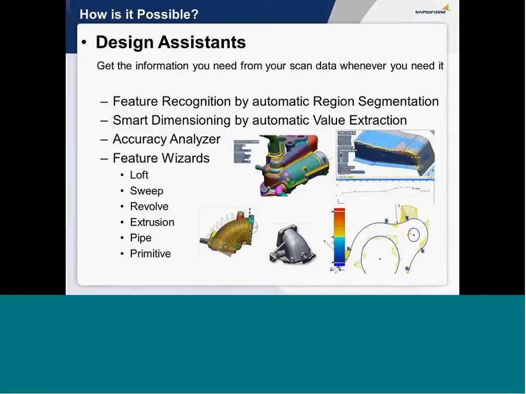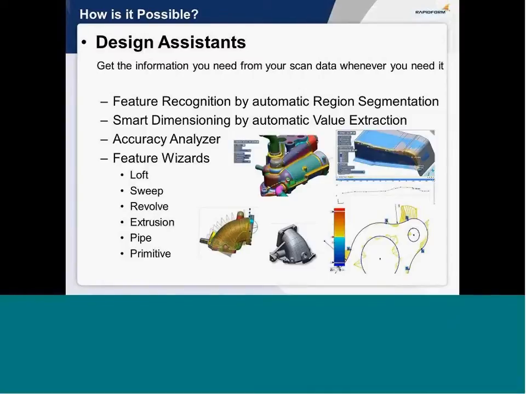Then we also have smart dimensioning by automatic value extraction. Whenever there is a value in the feature, you can also extract that value, and it supports you in creating your CAD model. As well, we have an accuracy analyzer. The accuracy analyzer shows a color map. This color map shows the deviation between the CAD data which you are creating and the scan data,